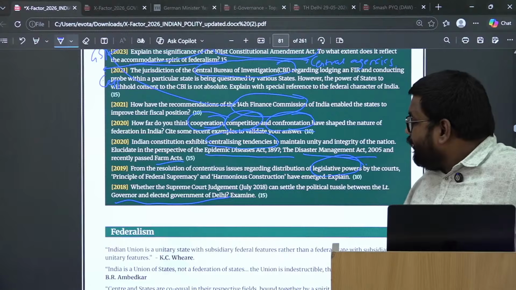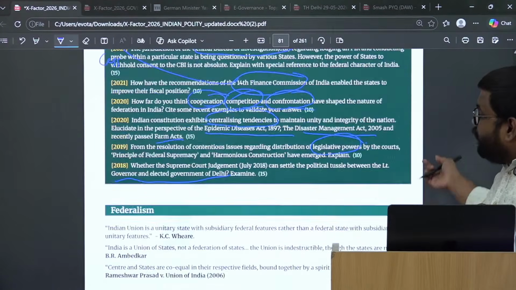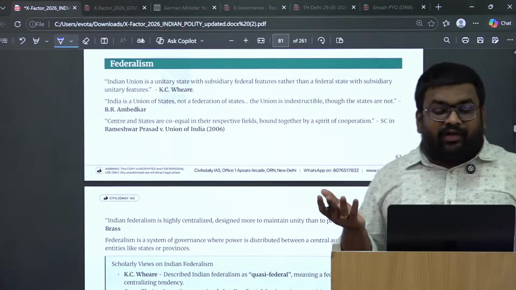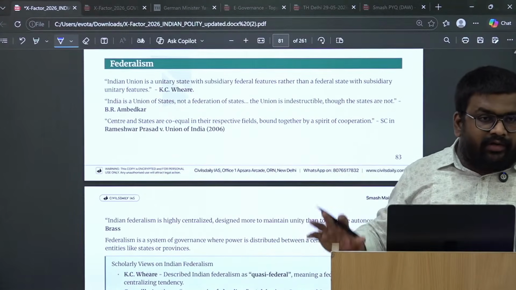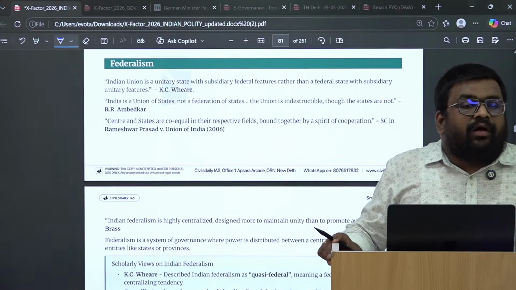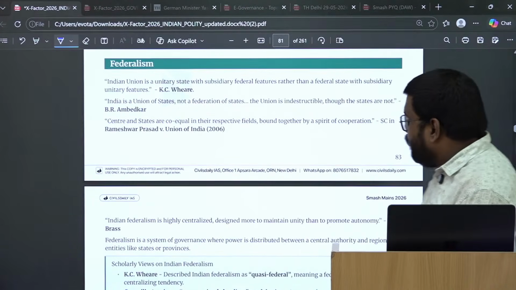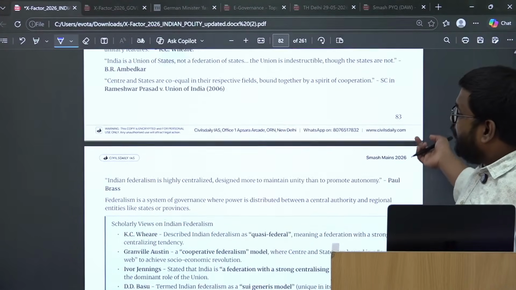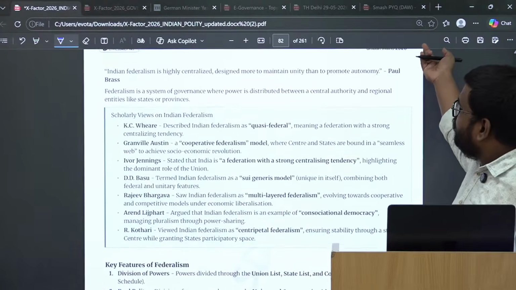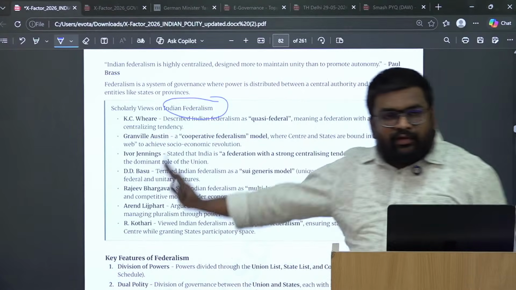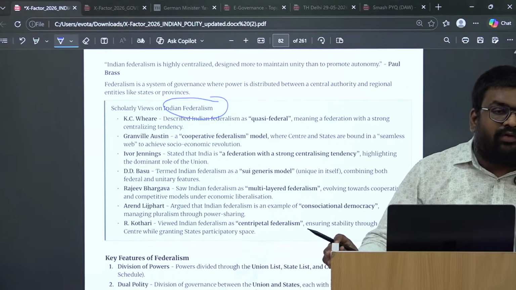ठीक है, that. Now coming to the content of all these aspects, including the recent context, I have covered in the X factor notes. ठीक है, now simply for example the first part where I have given the scholarly views on Indian federalism. तो बेसिकली यहाँ पे आई हैव गिवन यू द लिस्ट ऑफ द स्कॉलर नेम्स.